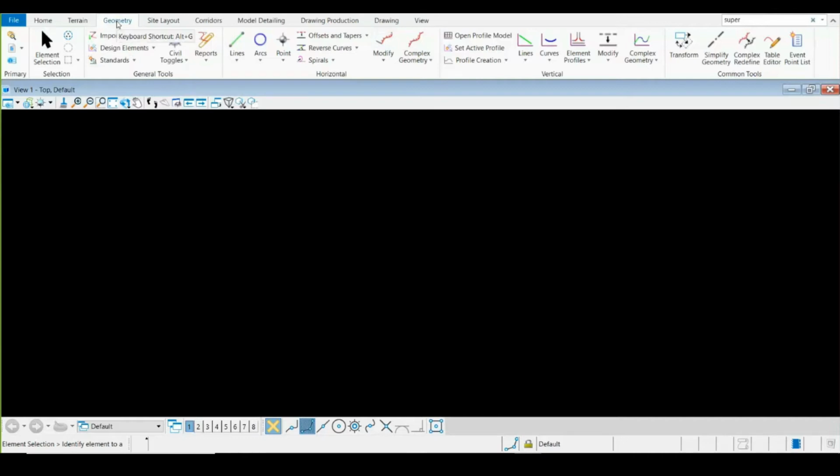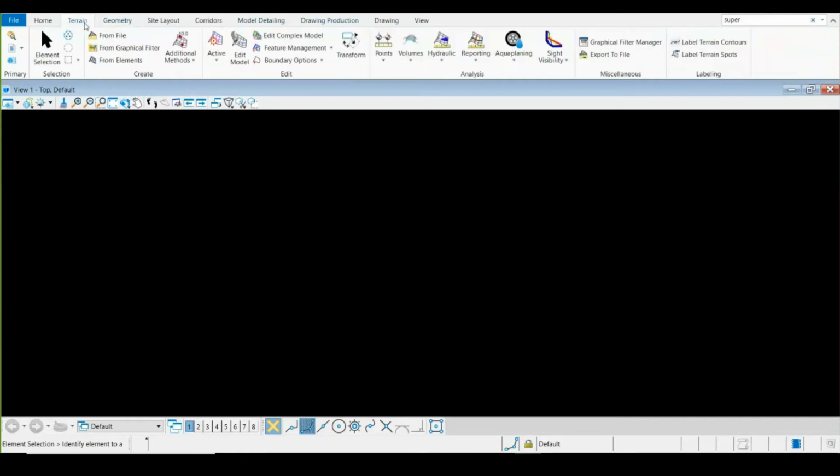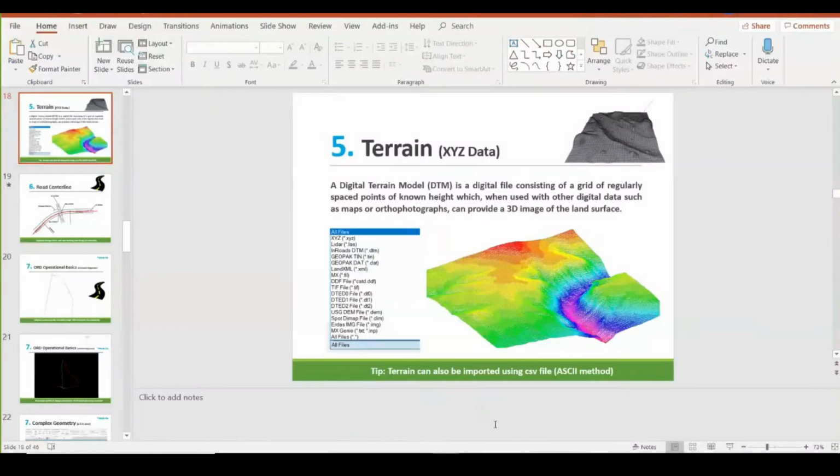So let me quickly start with the terrain model itself. Within the terrain, we have certain methods by which we can directly import from file, and I would like to focus on the file formats which we can directly import.